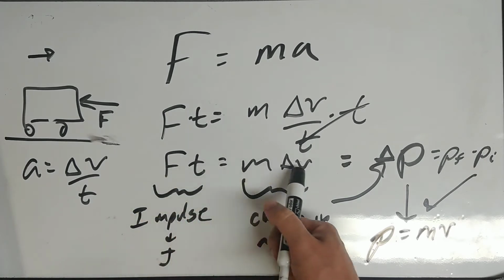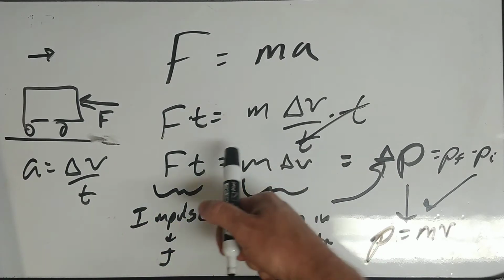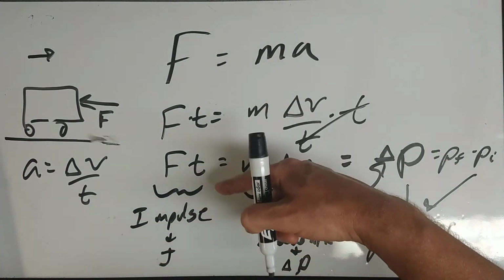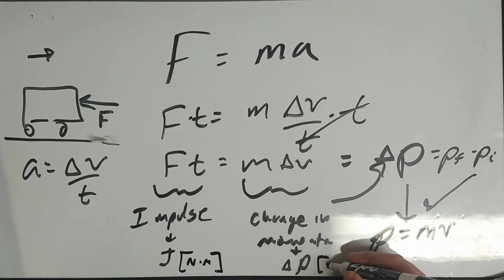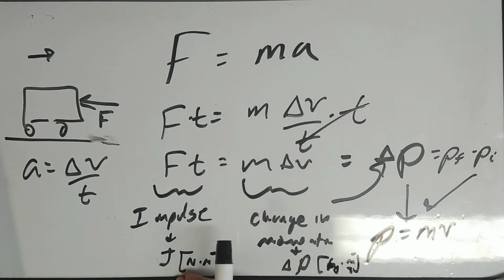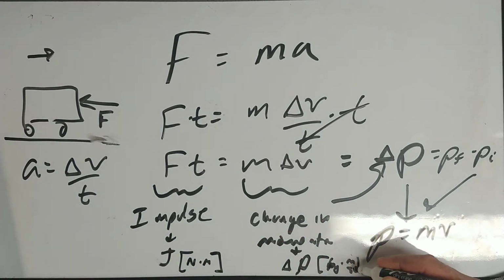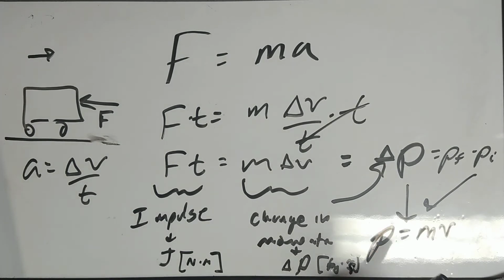The unit for impulse is typically Newton times seconds, and change in momentum is kilograms times meter per second, but in fact those are the same thing. If you put newtons in terms of its base units, kilograms times meters per second squared, multiply that by seconds, you end up with the same unit over here. Okay,